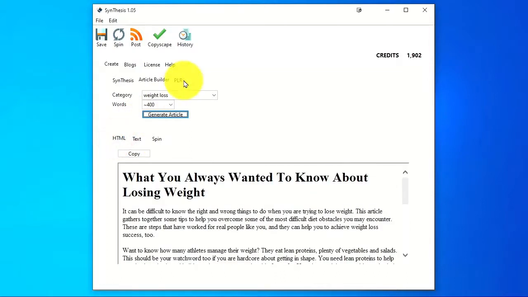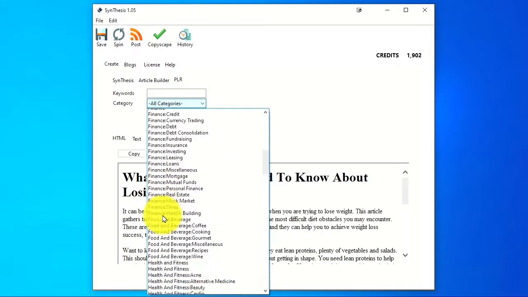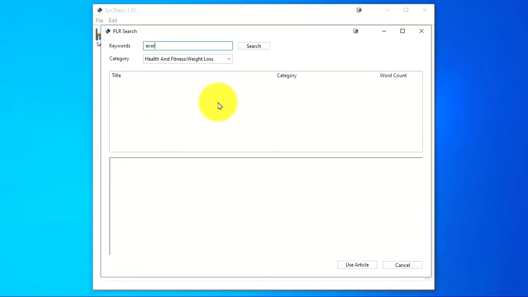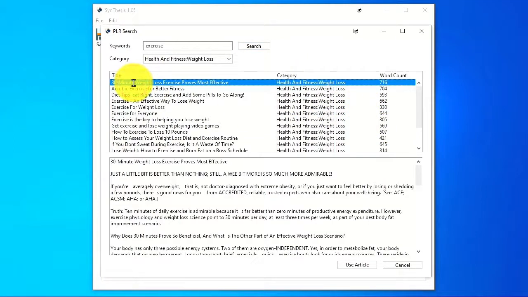If we go for the PLR database, you see we choose a category, so let's have a look at health and weight loss again, and choose a keyword. So I'll choose a keyword of, let's say, exercise, and see what articles come up. And we've got a whole bunch of them here, as you can see, with the word count in the right hand column. If I click on one, I can see a preview,